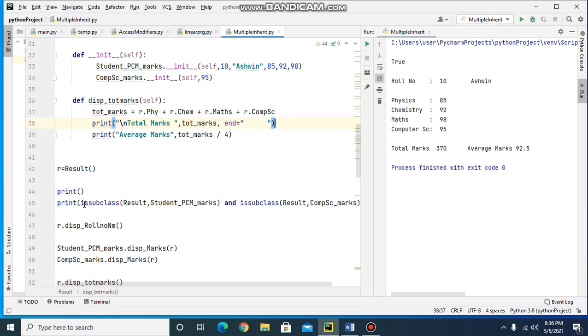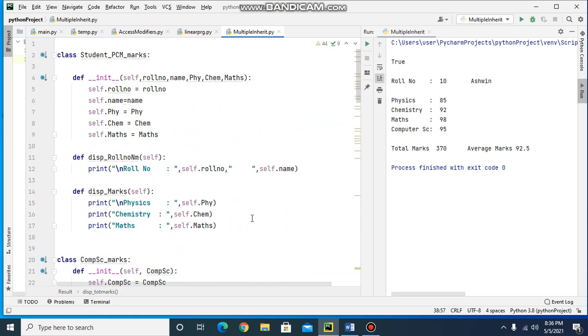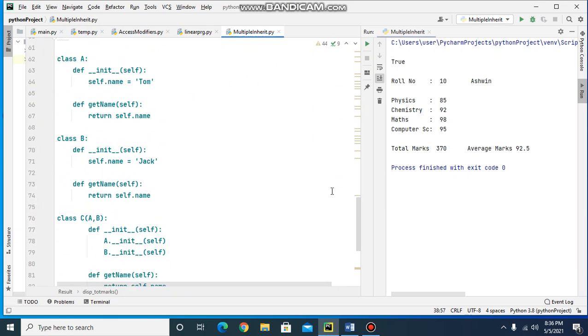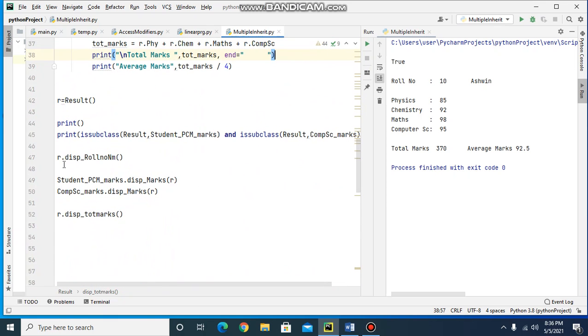So it has returned True. Result is a subclass of both these classes. Then it has displayed the roll number and name. It has called the function and displayed the roll number and name of the student. That is this function. Then after that, it has called the method display marks of the student PCM marks base class and displayed the marks of physics, chemistry and maths.